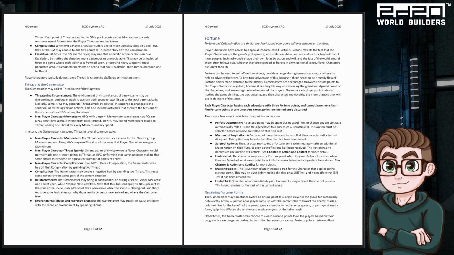Let's read the first paragraph and see if I prefer one or the other. PCs have access to a special resource called Fortune. Fortune reflects the fact that the PCs are the game's protagonists, with ambition, drive, and miraculous luck beyond that of most people. Such individuals shape their own fates by action and will, and the fate of the world around them often follows suit. Whether they are regarded as heroes in any traditional sense, PCs are larger than life. Player characters begin each adventure with 3 fortune points, and can't have more than 5. Okay,